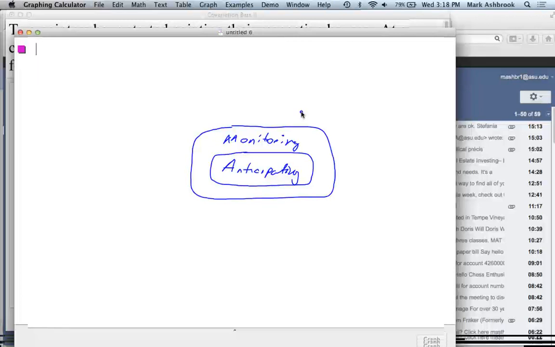Okay. Maria. What I also mentioned about monitoring, it's not just walking around making sure that they're doing what they're supposed to, or talking about the strategies. It's also going to each table or group and questioning them and asking them what their thinking is. Okay. So monitoring is about gathering as much information about where each group of students or each student is at, right? Right. Okay. What was next?